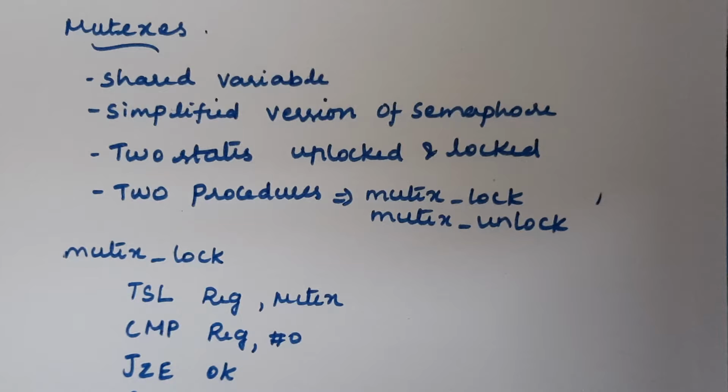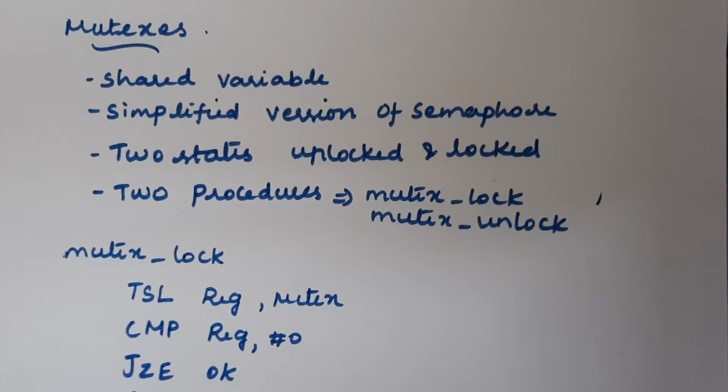and it is a shared variable. Mutex is a shared variable, and it is good to use whenever you are checking for mutual exclusion between two processes. Whenever you want to check whether both processes accessing common data satisfy mutual exclusion or not, we use this mutex variable. So it is a shared variable, this mutex.